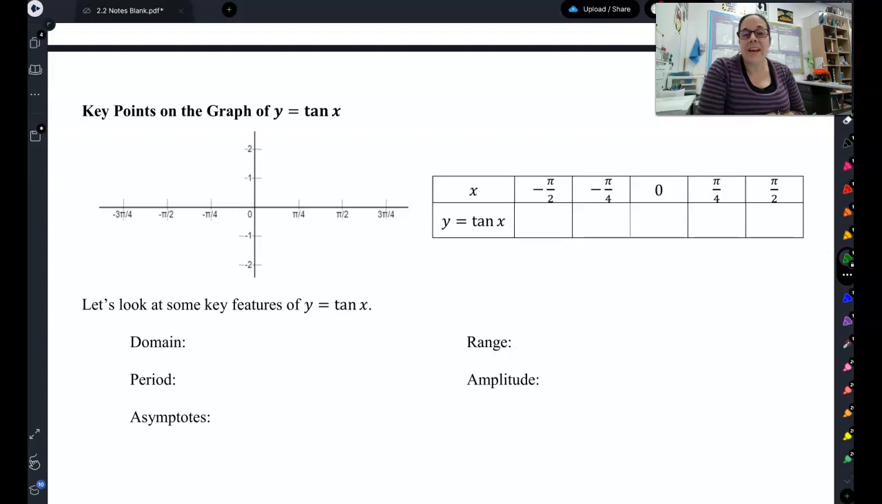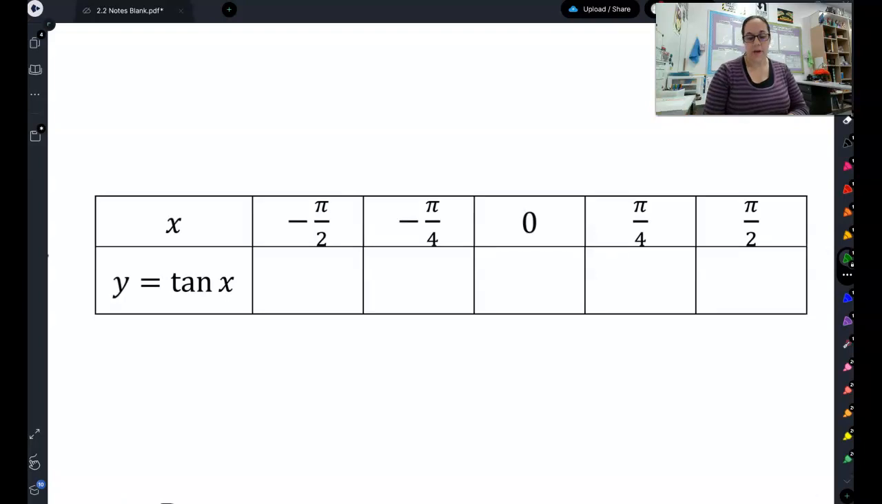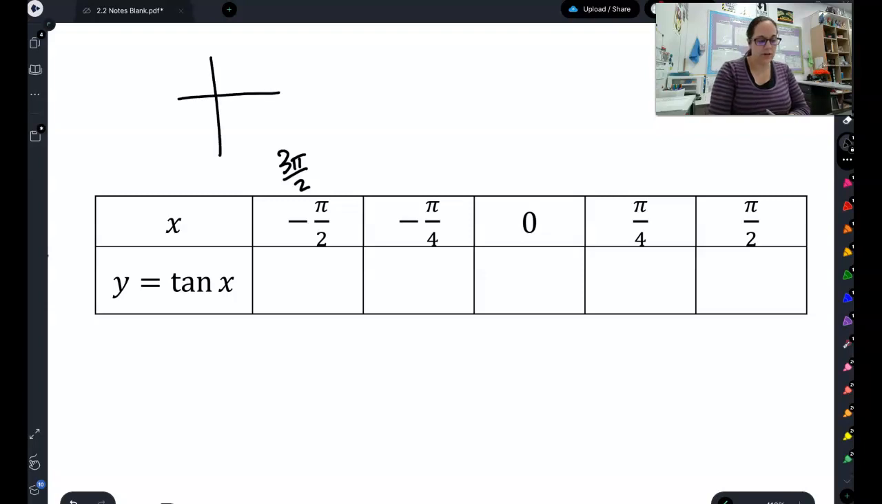Let's take a look at our tangent graph. So let's start by filling out our table. Now remember, negative pi halves is the same exact thing as 3 pi halves. If we look at our unit circle, if I go pi halves in the clockwise direction, that's negative pi halves or 3 pi halves. So if we're down there at that point, now we want to look at our tangent